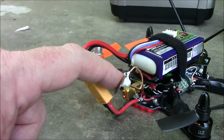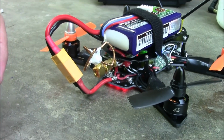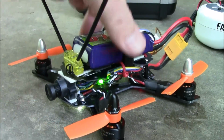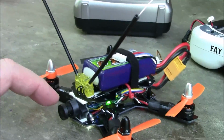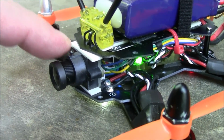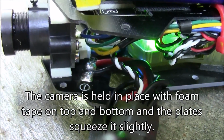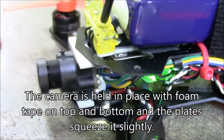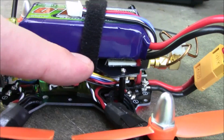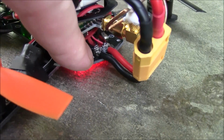But this is the antenna that I had, and I bought this one because it was a shorty and I was hoping it would help not waste so much when I start doing FPV stuff. This kit is actually from RC Timer. This camera here, I like it because it has a flat surface on top and flat surface on the bottom. It's actually held in there with foam tape on the bottom, foam tape on the top, and the wiring from it goes back to the video transmitter, and the video transmitter is soldered directly into my battery back here in the back,